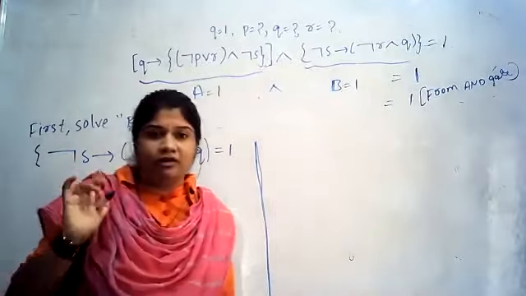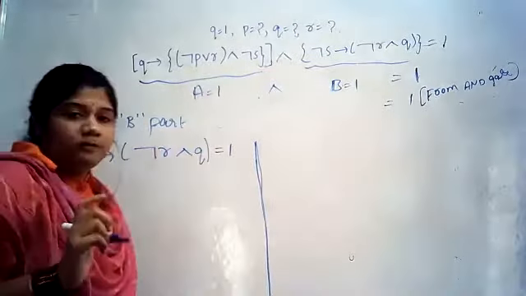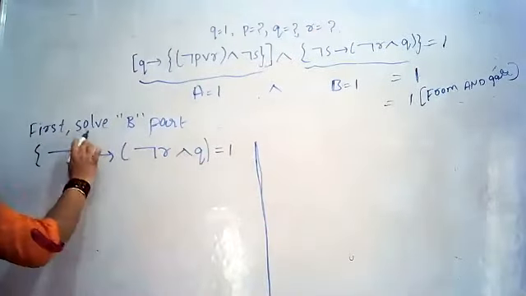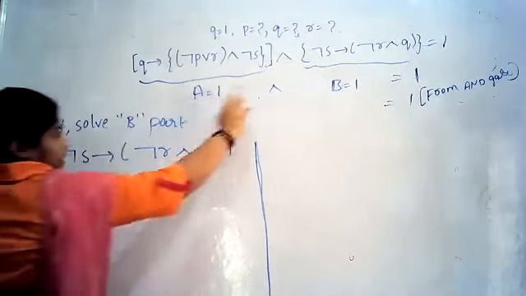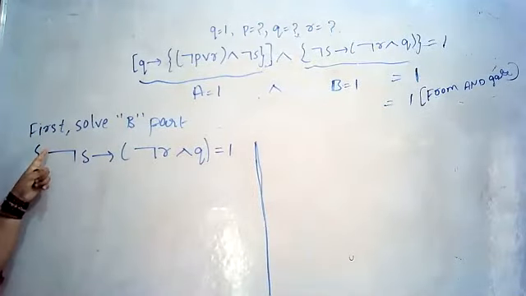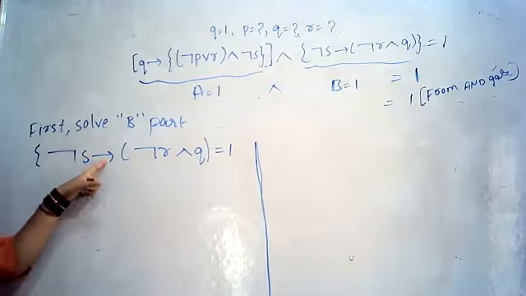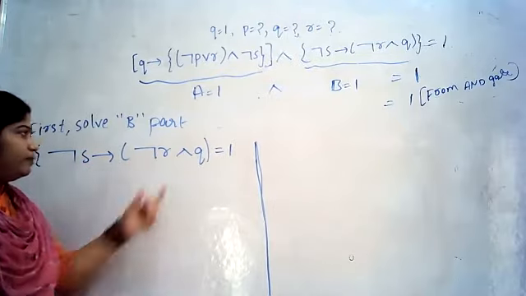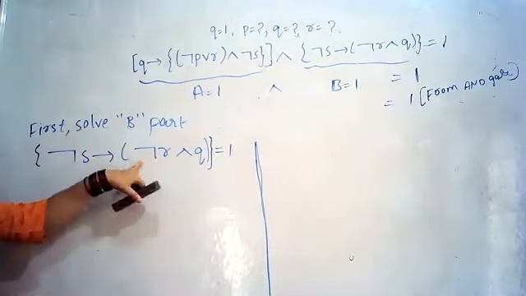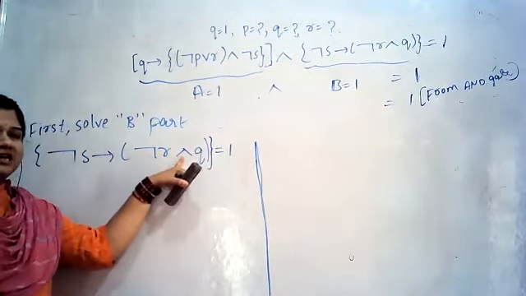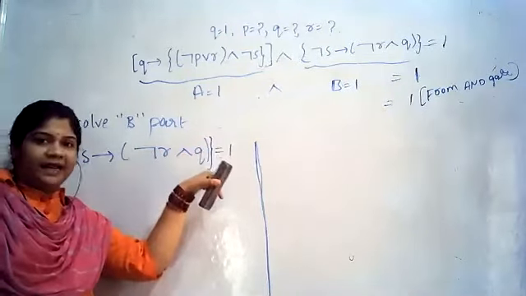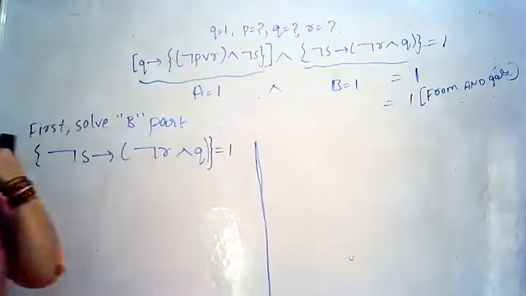When I solve, this is 1 and this is 1. So what is B now? Concentrate here. Negation S conditional of, but I have a small bracket, okay, I'll also end this flower bracket. Then I have negation R, this is conjunction, this is Q. Small bracket close, flower bracket close is equal to 1.